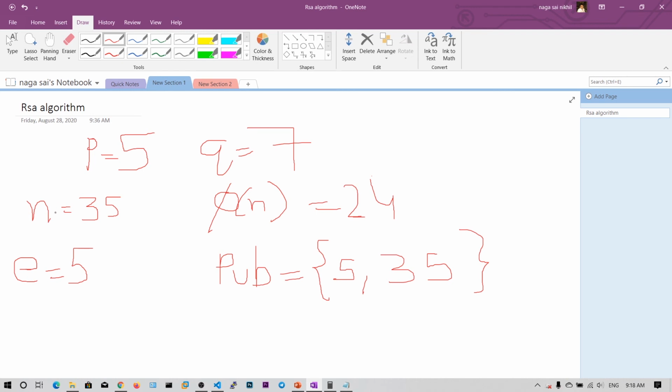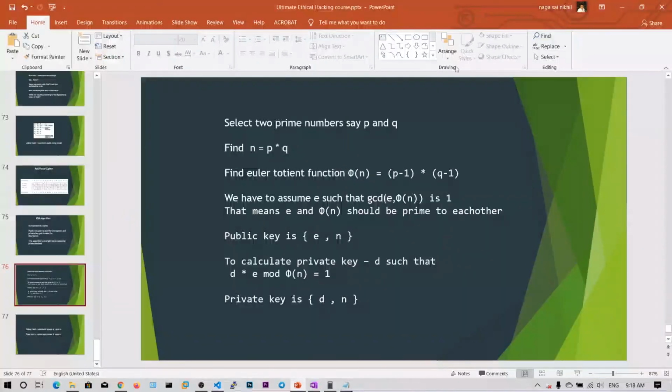So I can easily factorize this n value and check the prime numbers, and find the Euler totient function phi of n, because we got p and q. We have successfully factorized the n value, and we can calculate phi of n using p minus 1 into q minus 1.